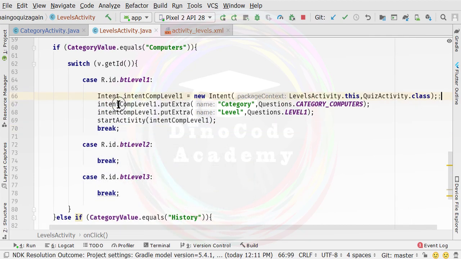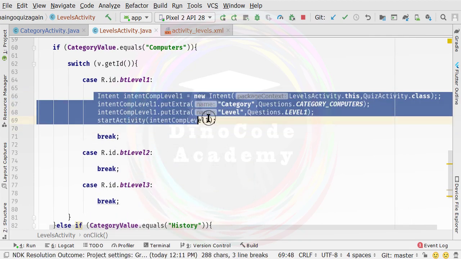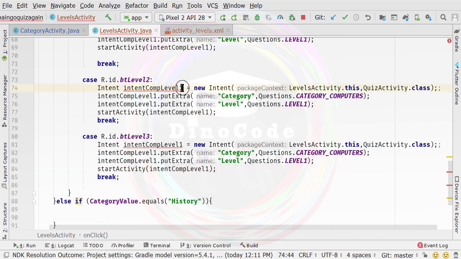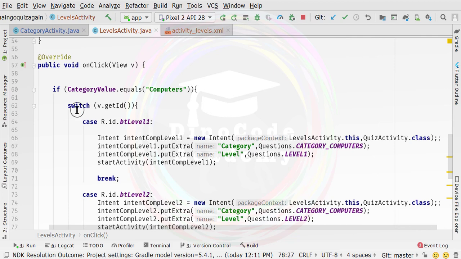After doing this, I'm just going to copy this same code into the other button switch cases as well. This is a switch case, and here we just need to change it to level 2. This is level 3, here again 2, and also going to pass 2. Then level 3, also level 3, and here also level 3, and here also going to make level 2. So now I'm also going to pass level 2 here, and level 3 and the bracket as well. Through this we are passing level 3, and also here we pass level 2. The code is done inside this onClick method.